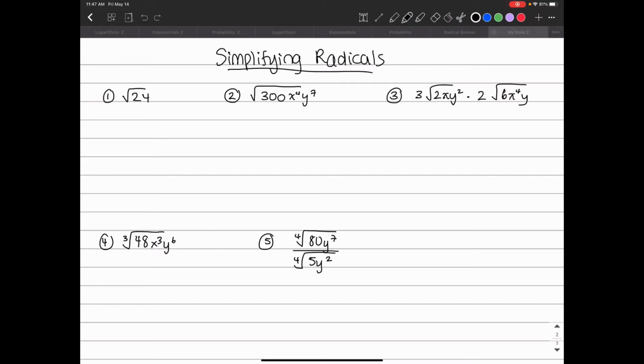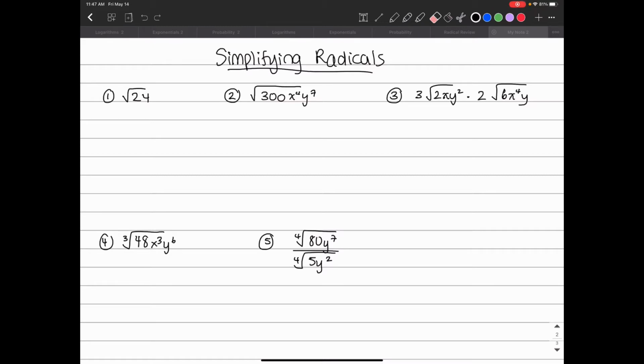In this video, I'm going to talk about simplifying radicals. Radicals are roots. It's another word for root. So I want to simplify square roots or cubed roots or fourth roots. And what it means to simplify them is I don't want to leave inside something for a square root that